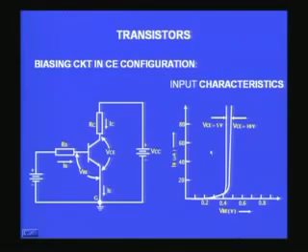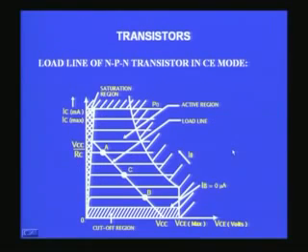So, there is not much of interest in the input characteristics, except that it behaves like a diode. But if you come to the output characteristics, then you have the VCE,